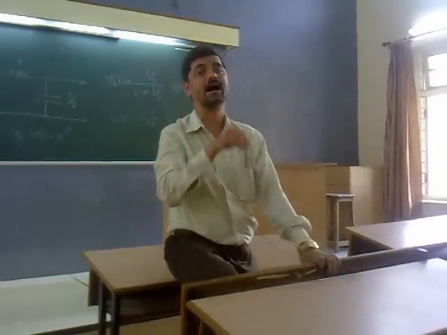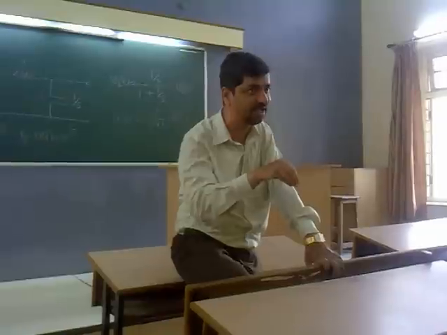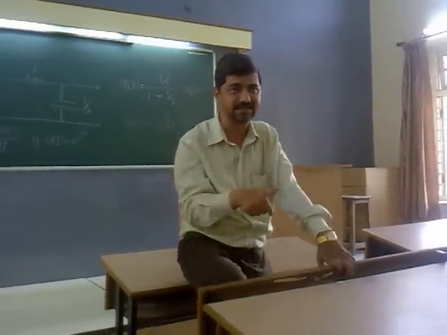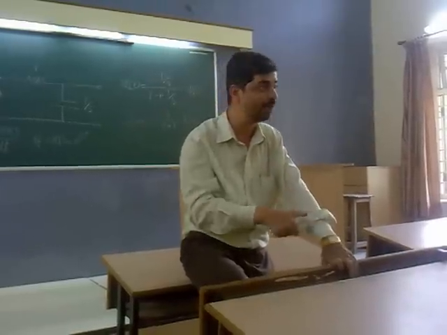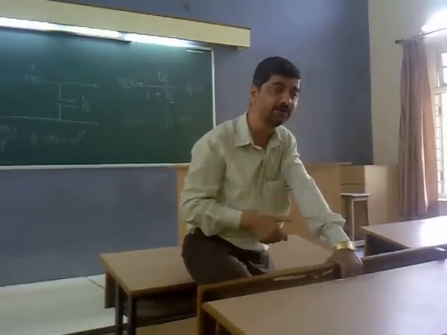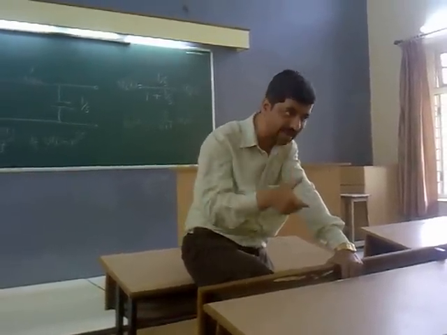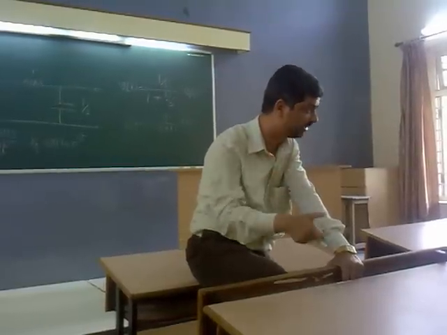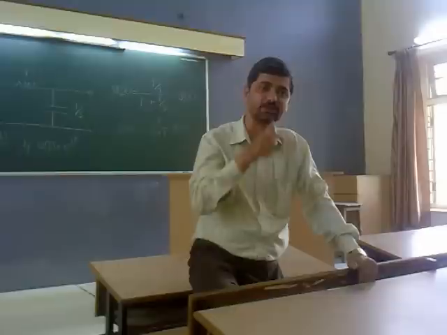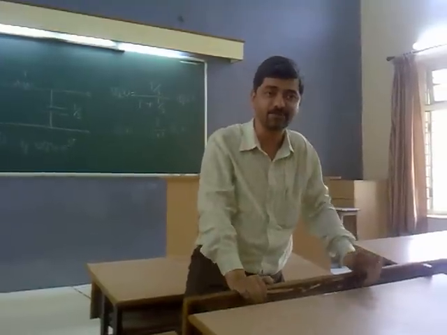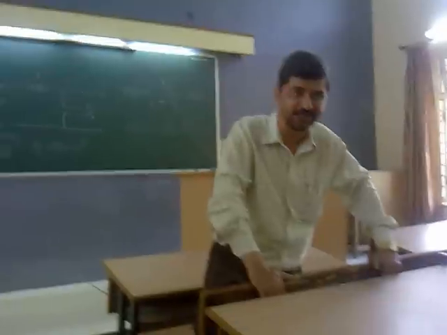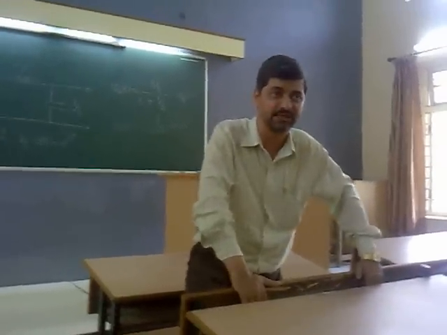Merely because I cannot realize e raised to st and apply it between two points, it doesn't mean that the entire idea should be dropped. I would still be using it. But I should try to make use of the superposition theorem, and I should have two different signals. S is now a parameter. So I can have V1t as e raised to S1t and V2t as e raised to S2t.